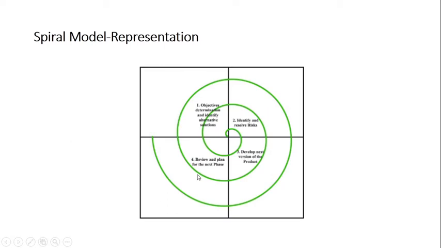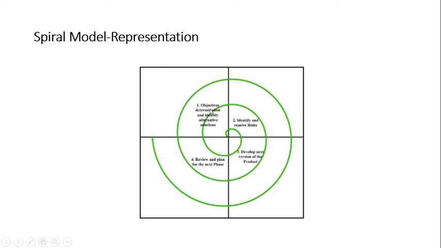The first quadrant is this, second quadrant is this, third quadrant is this, and fourth is this. You can start 1 from here, then 2, 3 and 4. Ultimately the order will remain the same, and the thing to be taken care of is that the spiral will always start from the first quadrant and always end in the fourth quadrant. You can place it anywhere, but the sequence will remain the same, right?